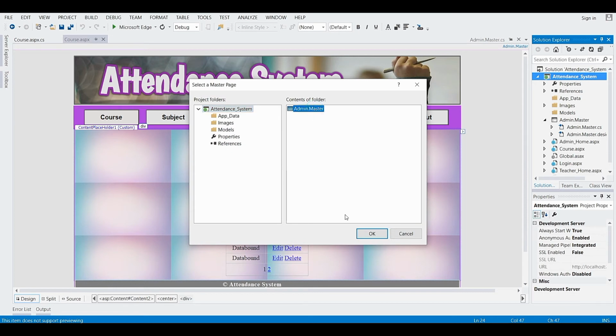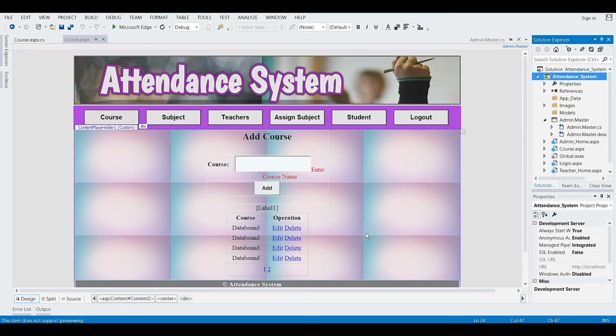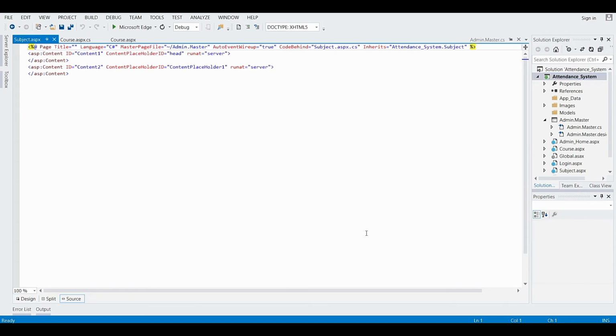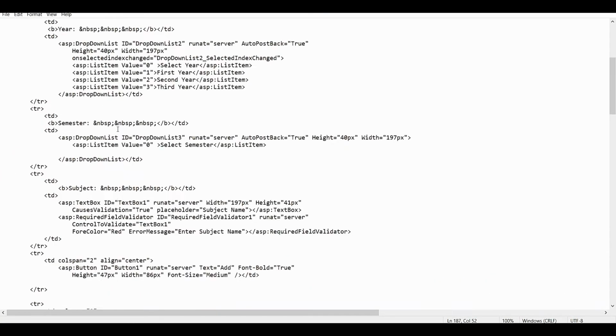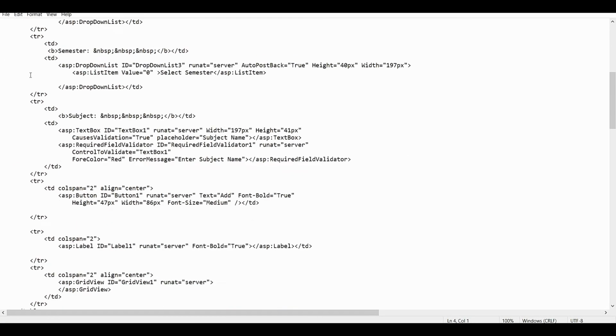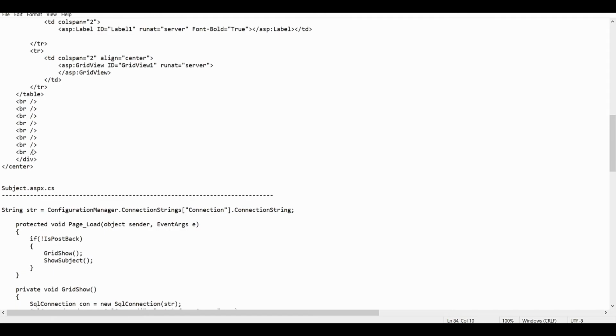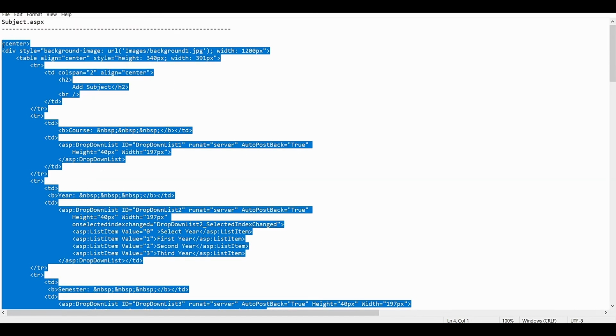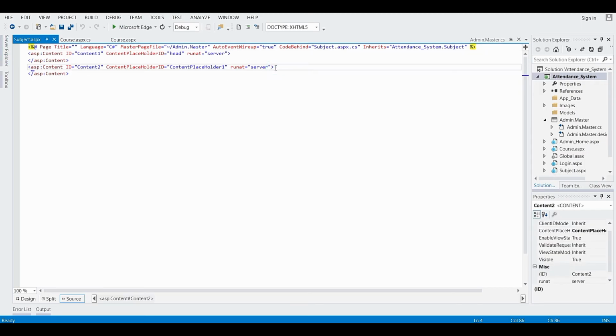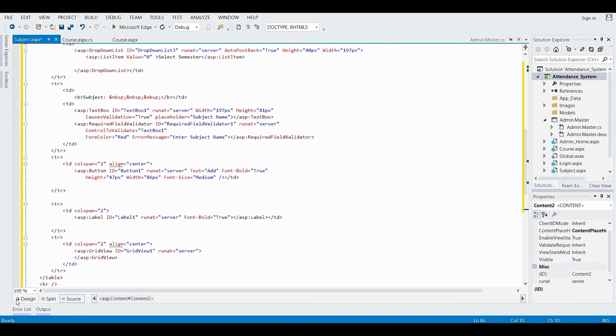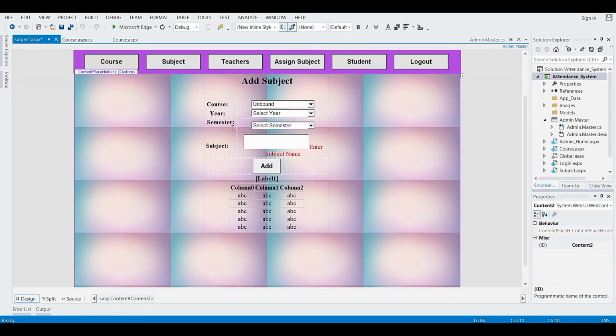Select the master page. So our design is going to look like this.